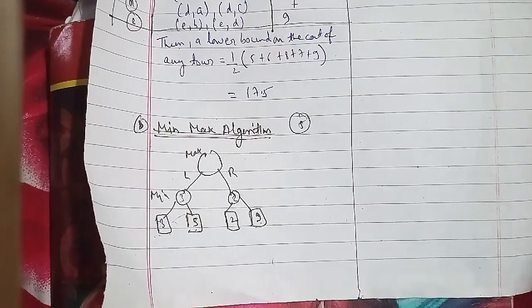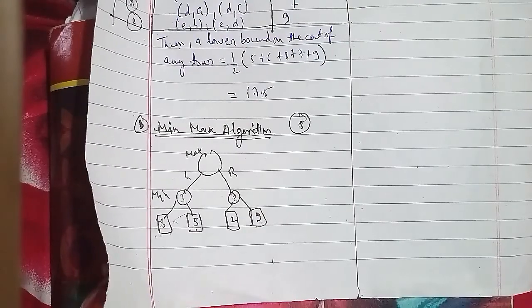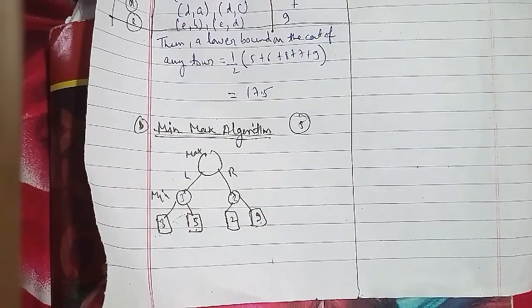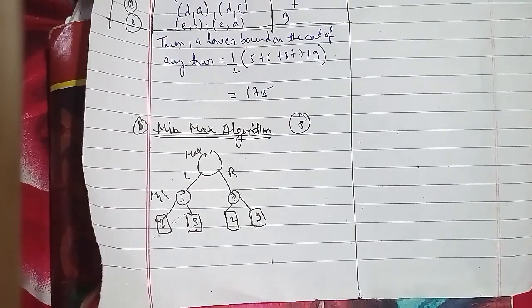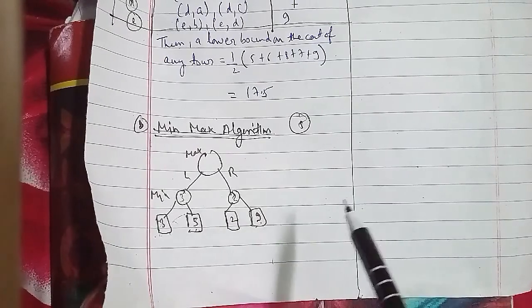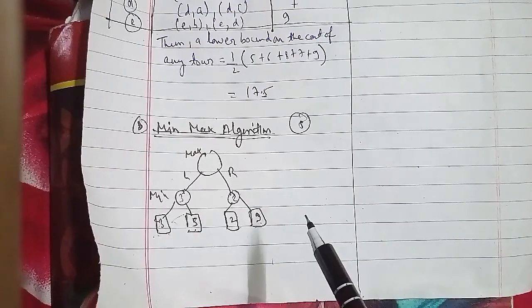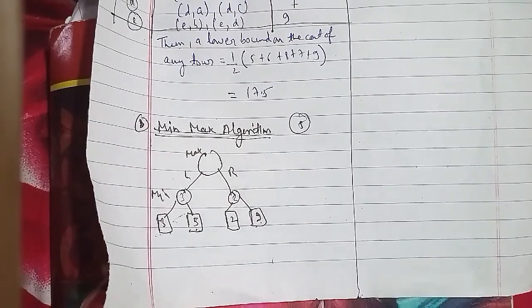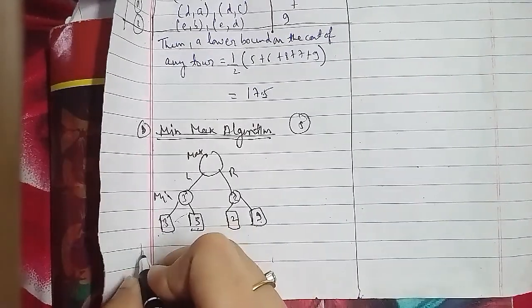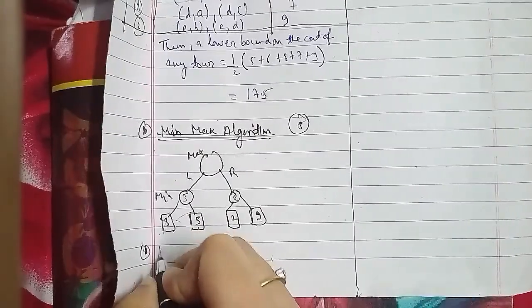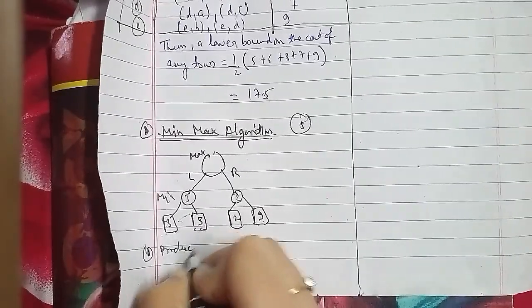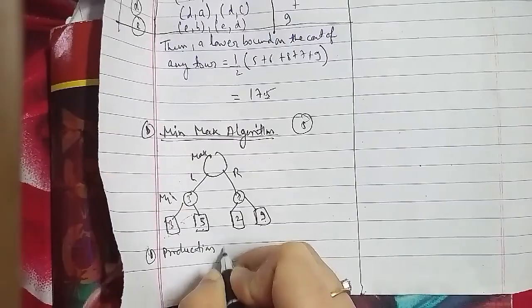Now we'll discuss how to give the production rule for the traveling salesman problem, and consider four cities, that is A, B, C, D, that are given here. So that is what we have to discuss, and that has been asked for 5 marks as well. So we'll go ahead there. That is your production rule.